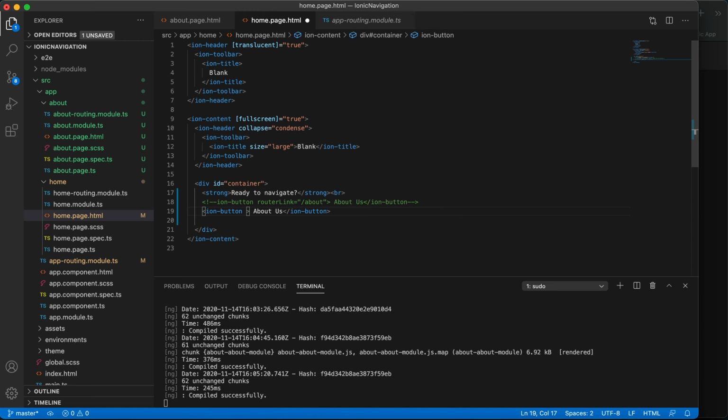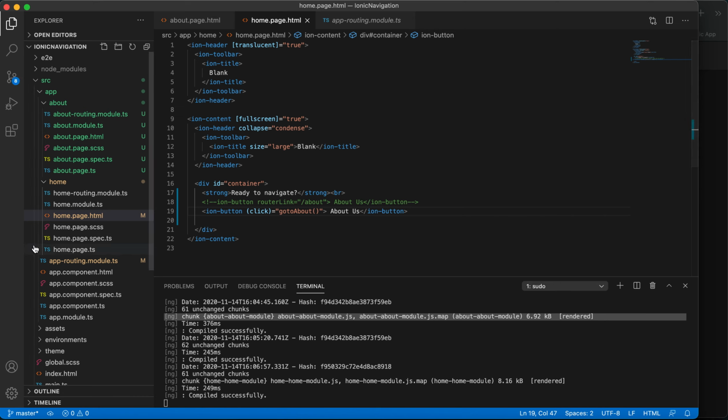To write a function, we need to open brackets, click equal to, and mention the function name. So go to about. This is one function. Okay, and save it.